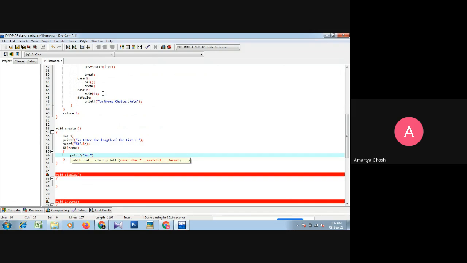Backslash n. The error is length of the list.